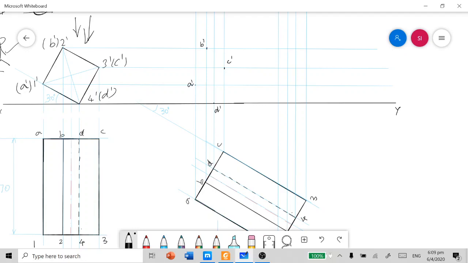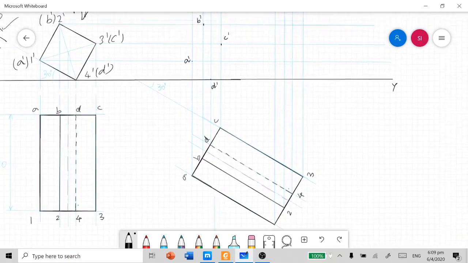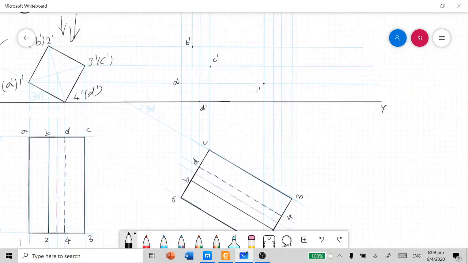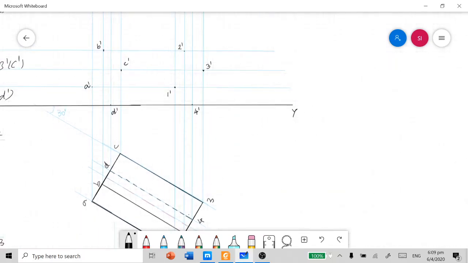And for the face corners, 1 and 1 dash, 2 and 2 dash, similarly 3 dash, and finally 4 dash. I identified the total 8 corners in the current front view, and then I need to join each and every